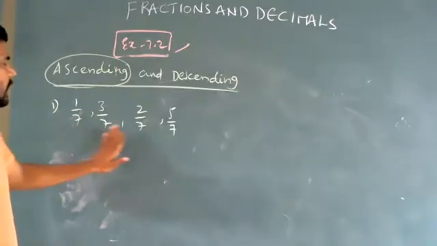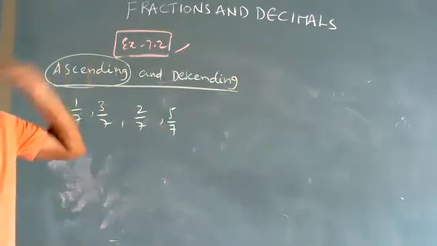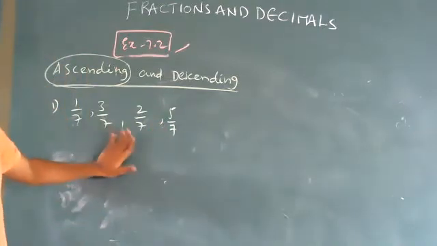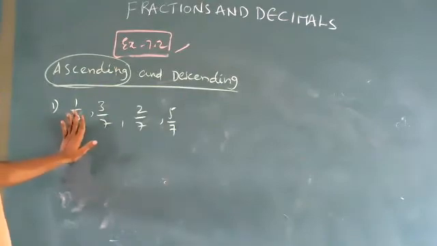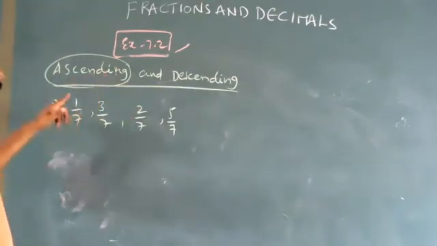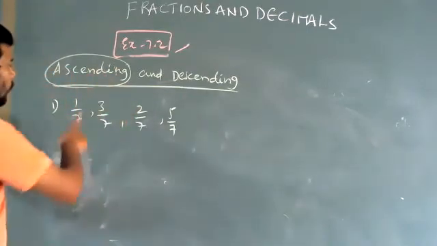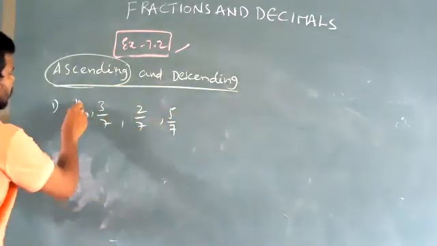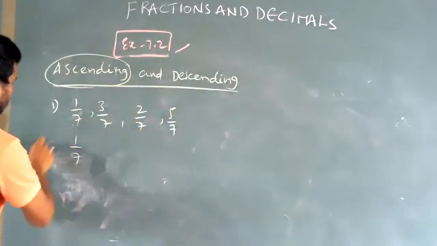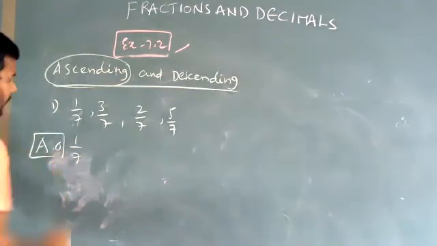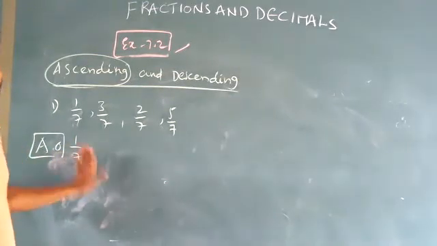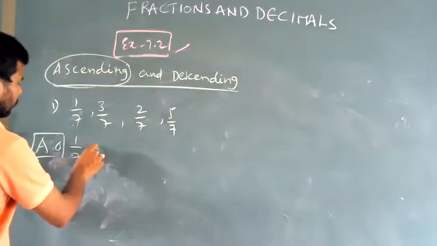So here 7, 7, 7, 7. All are 7. Denominators are same, so they are like fractions. Now we can arrange in ascending or descending order based on numerators. So 1, 3, 2, 5. First take 1 by 7. Ascending order. A.O. means what, children? Ascending order. 1 by 7,